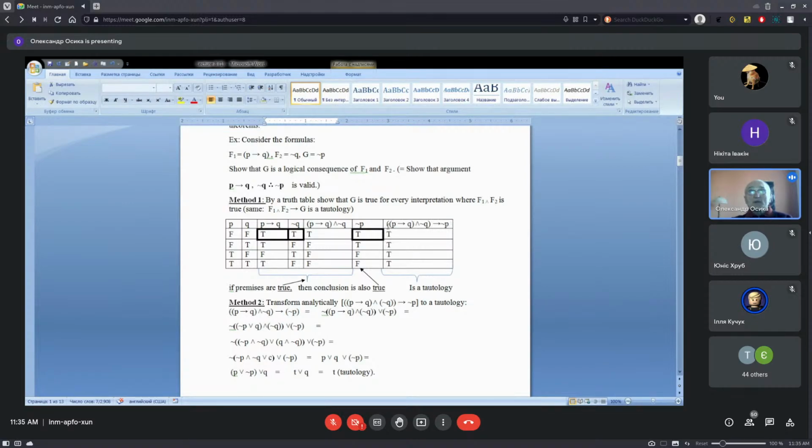But now we can prove that such a formula, the conjunction of premises implies a conclusion, is a tautology. Look here. If true, then true, true. If false, then anything what is here, true. If false, never mind what is here, true. False, never mind what is here, also true.